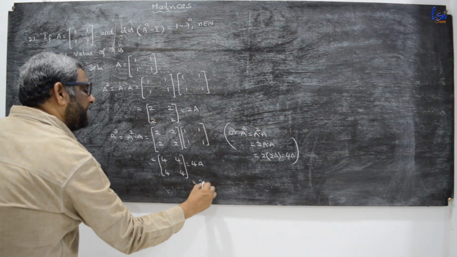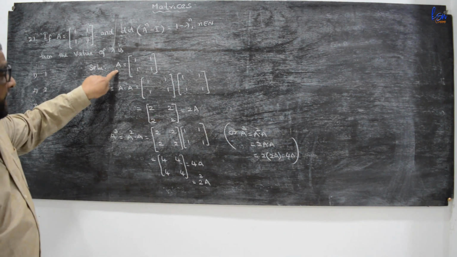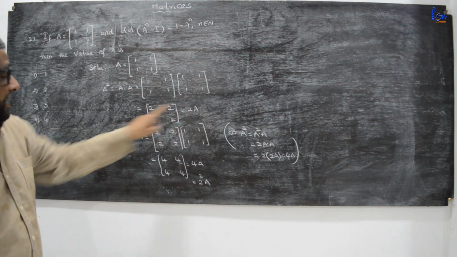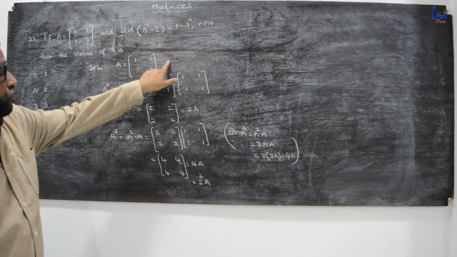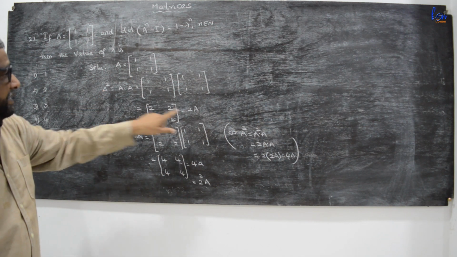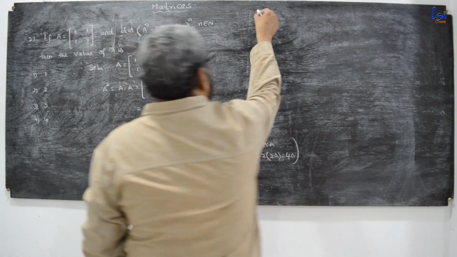This 4A can be written as 2 square A. So A square is 2A, A cube is 2 square A. That means A can be written as 2 power 0 into A. A square is 2A, A cube is 2 square A. By proceeding like this,